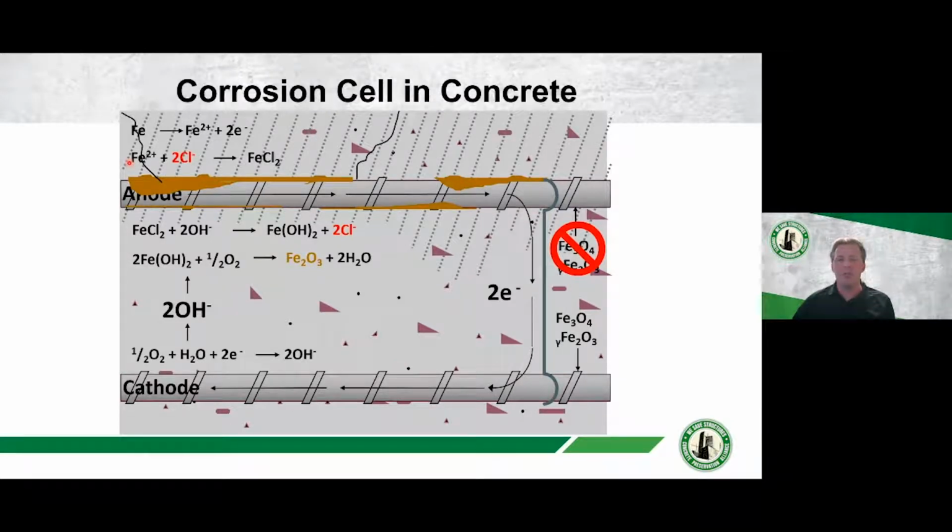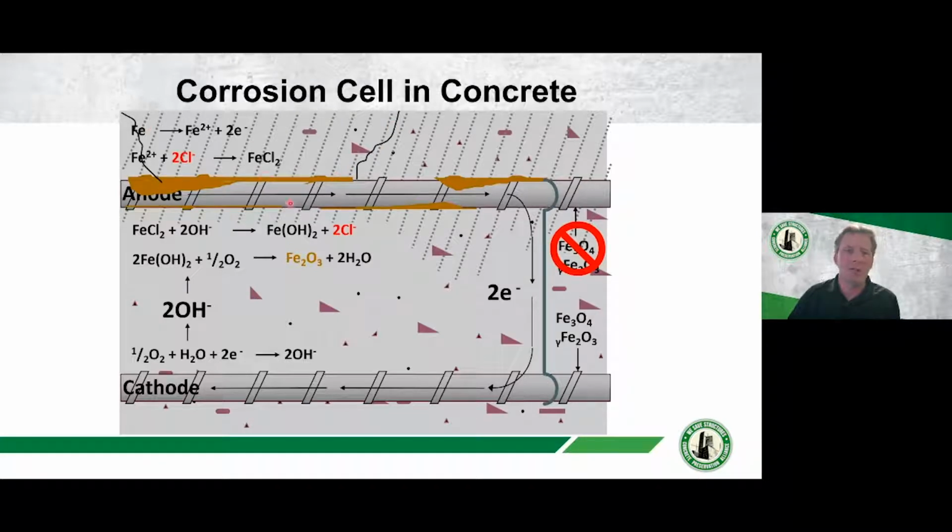Basically, in order to have a corrosion cell, you have 4 different elements. You have an anode, a cathode, a metallic path and electrolyte. When we have corrosion going on in the place of an anode, we have electrons leaving the anode and then going to the cathode. As that rust and corrosion product occurs on the anode, we'll start to see cracking in